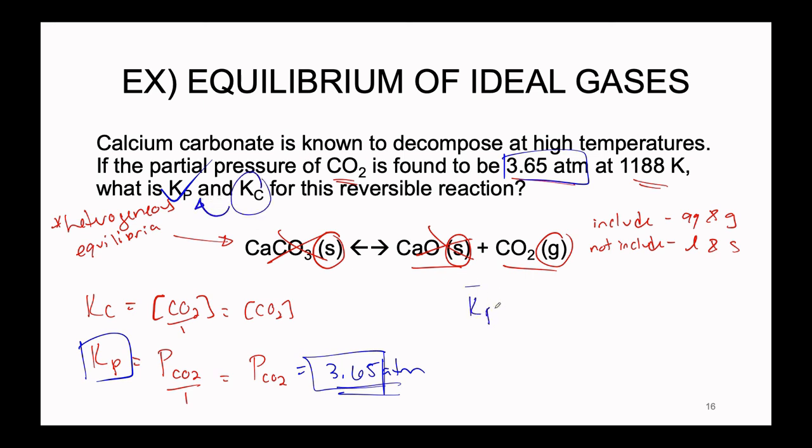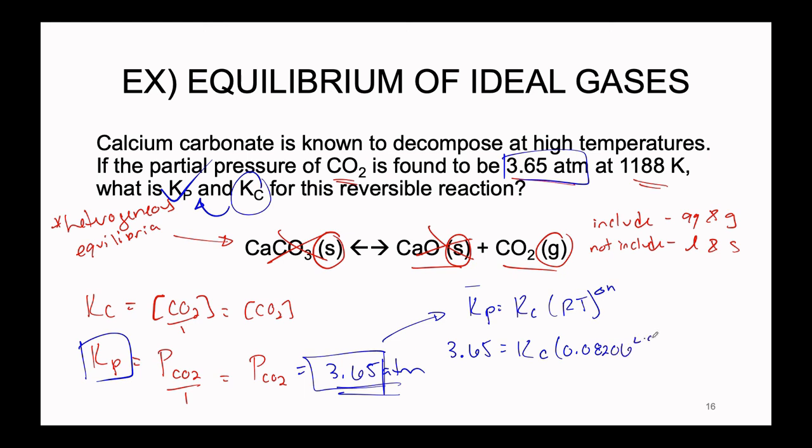Now, we also just learned an equation to figure out Kc from your Kp, right? The equation that was Kp is equal to Kc times RT, all to the delta n. So the values that we have so far, we have this 3.65 inserted for our Kp. This is going to be equal to our Kc multiplied by our value of R, which is our ideal gas constant,